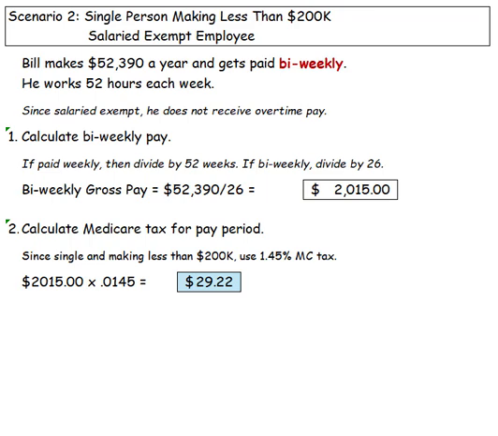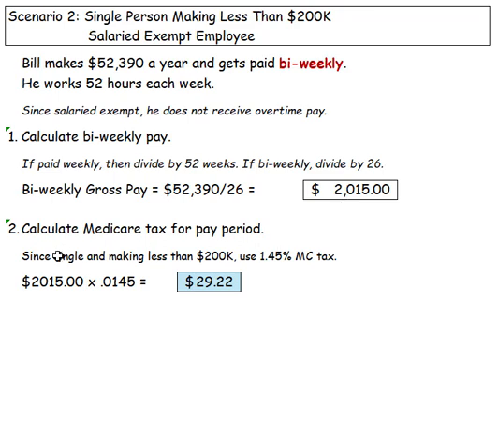So let's calculate his bi-weekly pay. Now, if he's paid weekly, you're going to divide his salary by 52 weeks. If he's paid bi-weekly, you're going to divide it by 26. So to calculate biweekly gross pay, we take his annual salary, which is $52,390, and divide it by the number of pay periods in a year, which is 26 biweekly, and his biweekly gross pay would then be